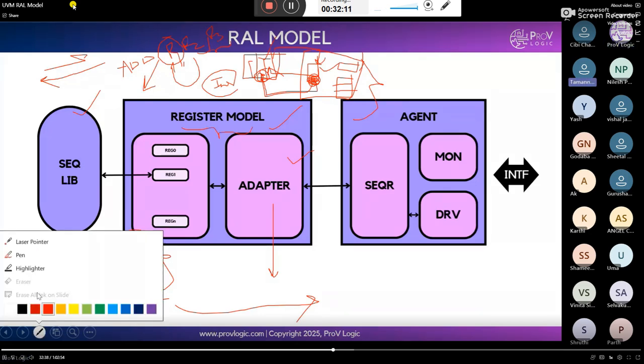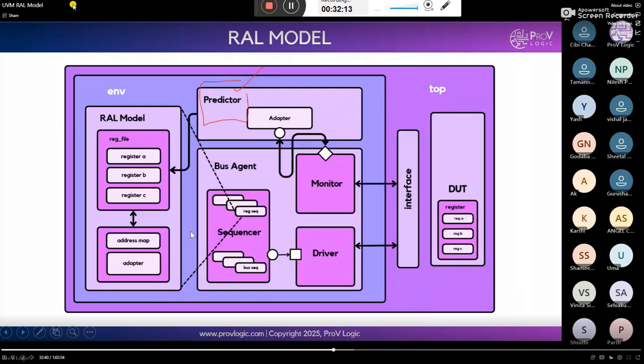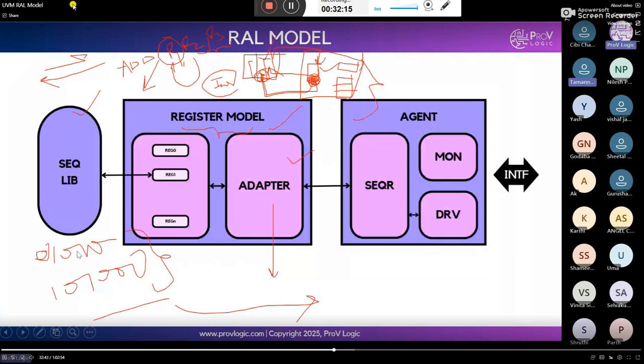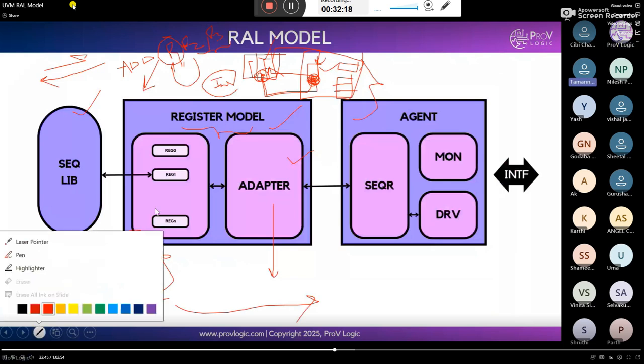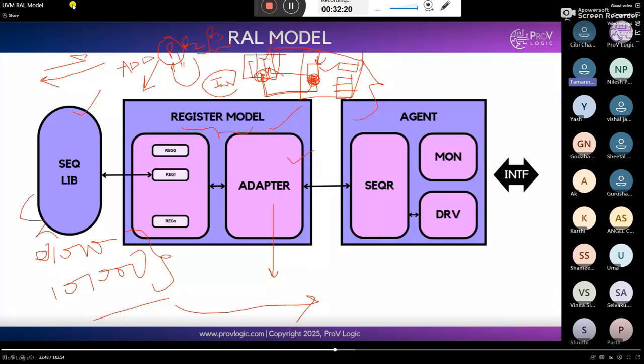One question. Yeah, tell. Let us suppose that the address space is contiguous. Let us say our first register has an offset of 0x0010, just an example, and the next register is next to R1 or R0, whatever.